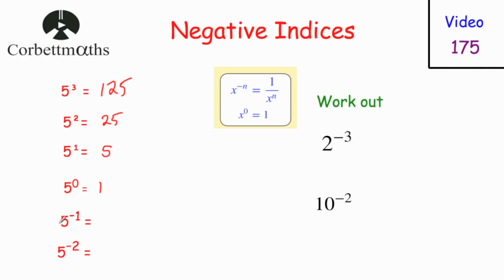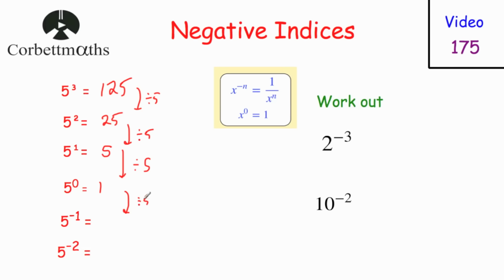Okay, and next one is 5 to the power of negative 1. Well, if we look at our numbers here, we've got 125, 25, 5, and 1. Now there's a pattern here. To go down in this pattern, we're dividing by 5. We're dividing by 5. We're dividing by 5. We're dividing by 5. And then if we want to find out our next one, we would just divide by